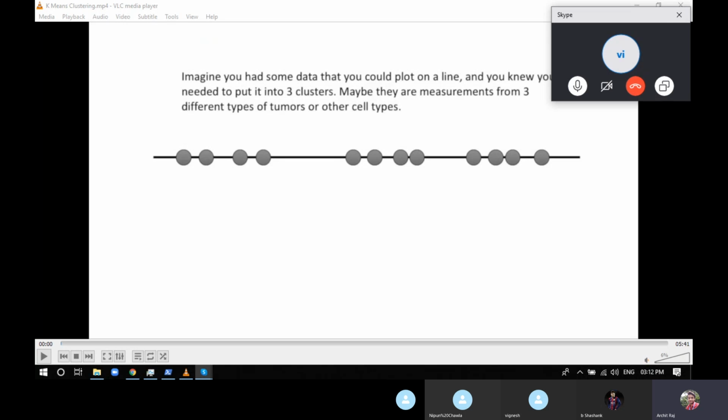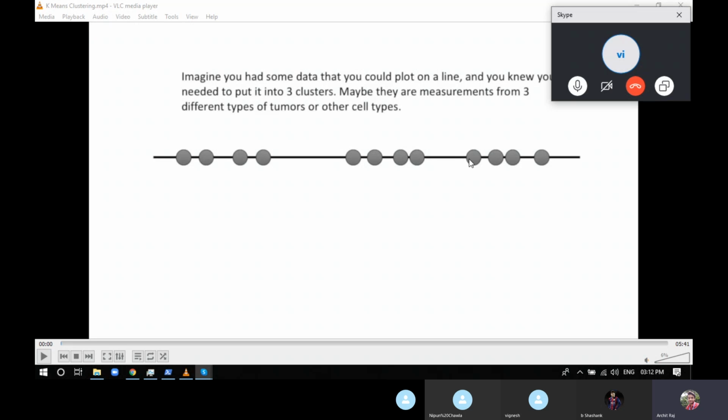Now as the name suggests, k-means clustering means you have to provide the value of k, the number of clusters that you want to make. For now we are giving the value of k as 3. How exactly we find the value of k is one more topic which I'll explain later. But currently just imagine that the value of k we took is 3.